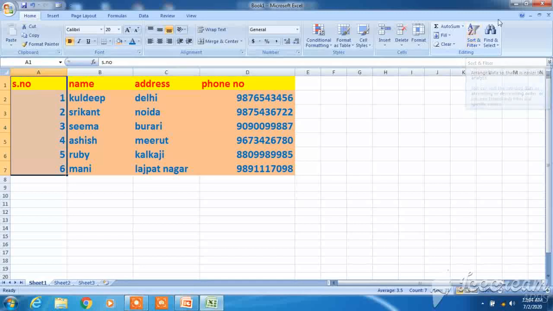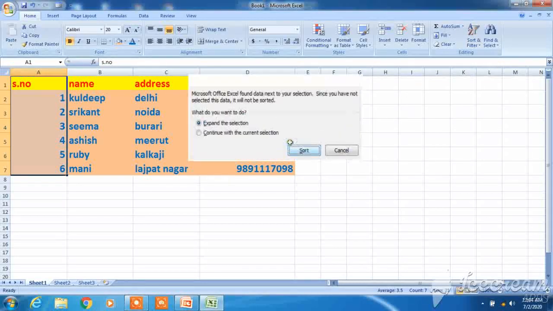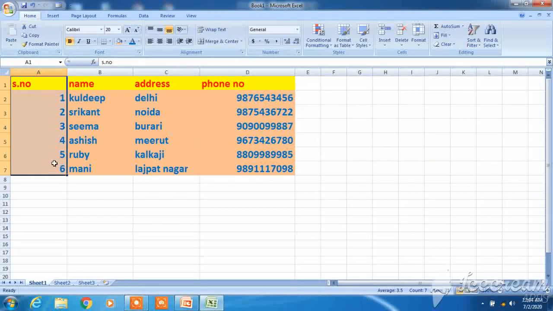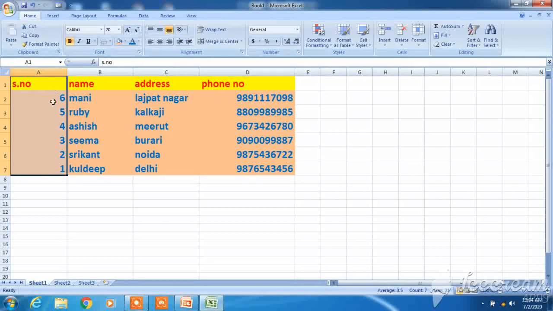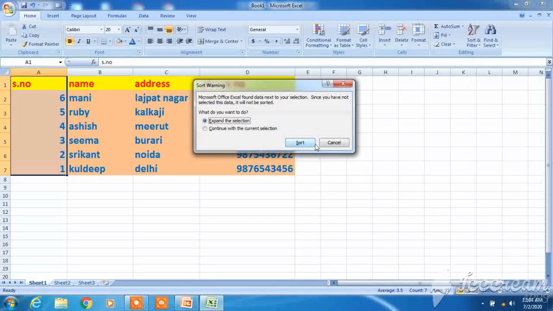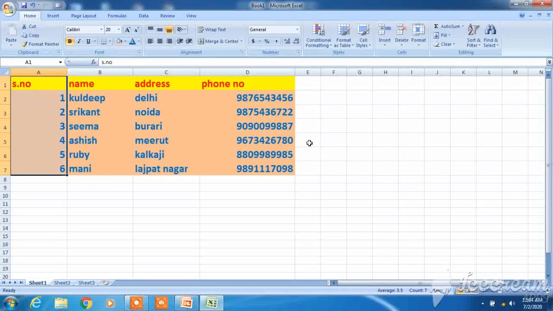Click on Sort and Filter. Sort smallest to largest. It is already smallest to largest. Now sort largest to smallest. See, our data has been sorted: 6, 5, 4, 3, 2, 1. Not only the serial numbers, the names are also changed accordingly while sorting. This we have done in part 2 of the video.